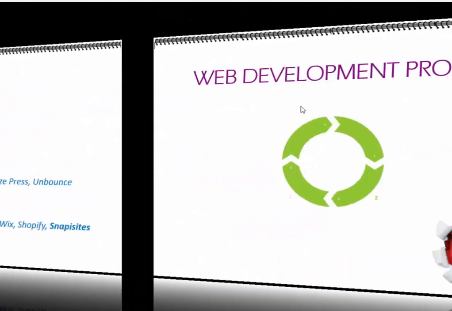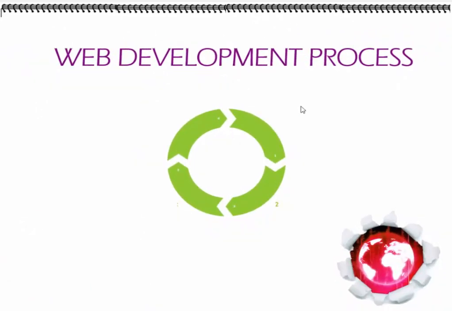So briefly, let's look at the web development process. The process of designing a website is actually, for descriptive purposes, divided into 4. I said for descriptive purposes. You can actually do all of them concurrently, or you can mix it up. Most of them can also be done together. But for descriptive purposes, it's divided into 4 phases.